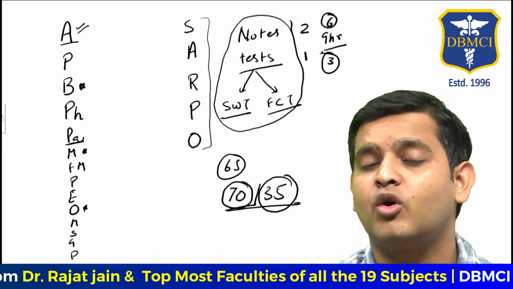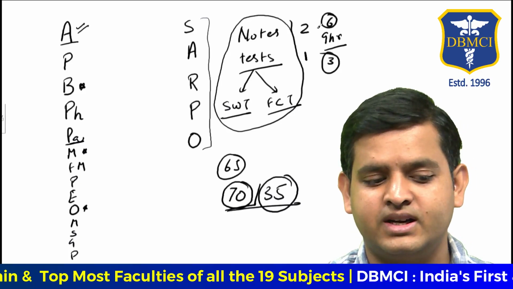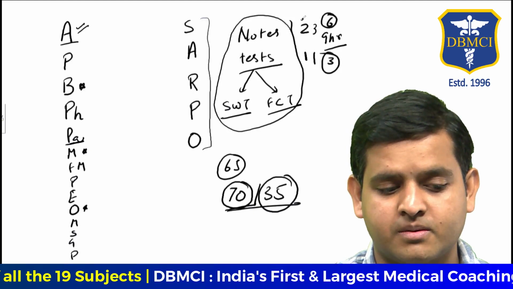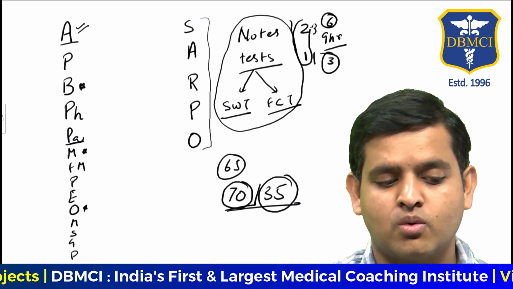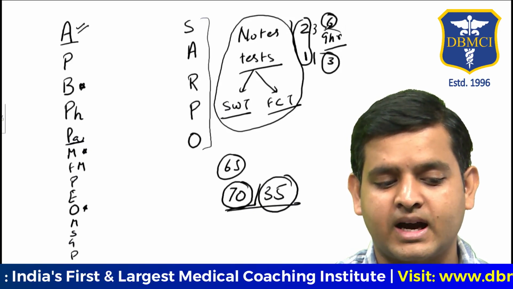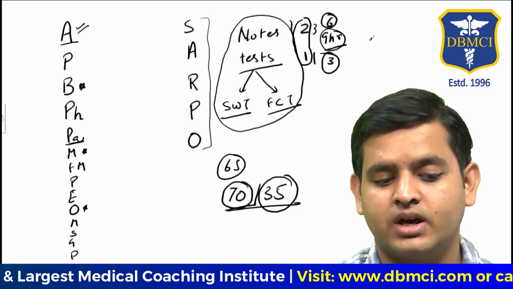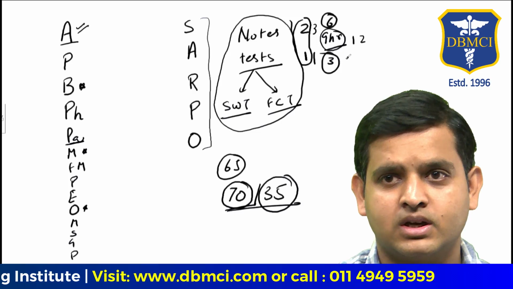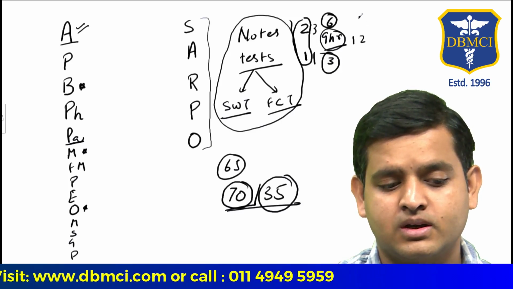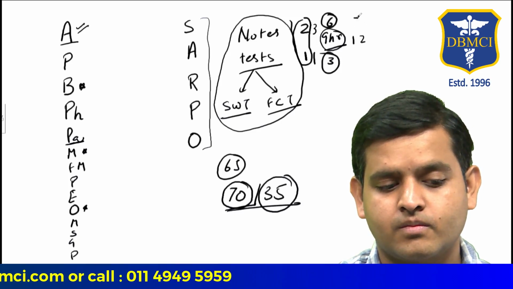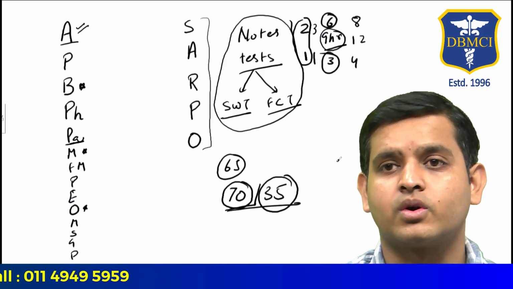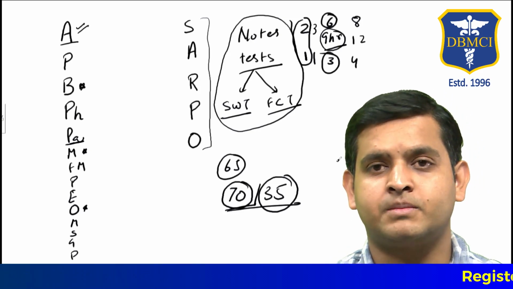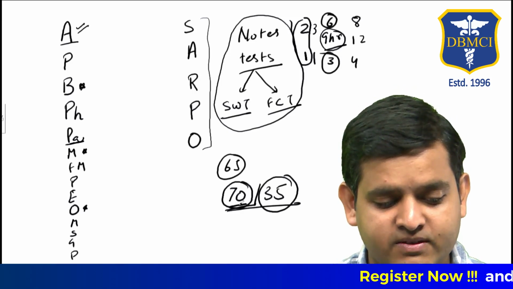Or if you think that you have already covered MCQs in great detail, then you can reduce this to 3:1. But the standard recommendation is 2:1. So if somebody is reading 9 hours in a day, 6:3. If somebody is reading 12 hours in a day, then it has to be 8:4. So depending on how much time you are able to give to that particular subject, divide these 70 days